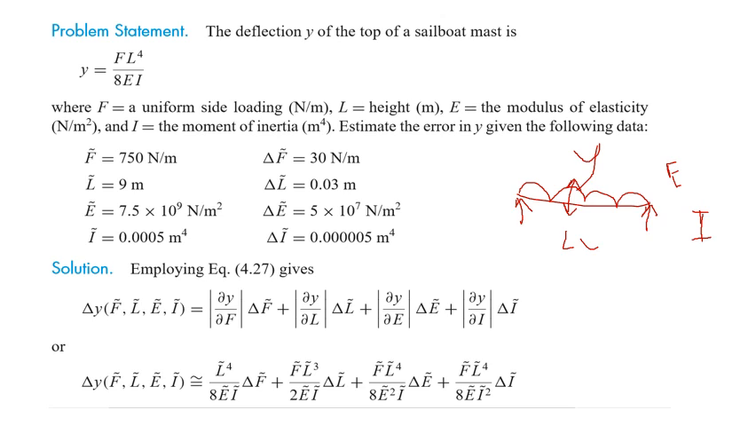So this is nothing but ∂y/∂F into delta F plus ∂y/∂L into delta L minus ∂y/∂E into delta E and ∂y/∂I into delta I. So here both these signs will be minus. Okay, and if you differentiate partially with respect to each of these independent variables, you will get